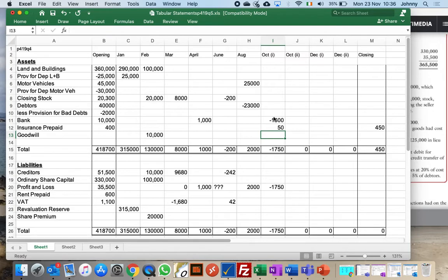A credit transfer of 560 representing 7 months rent received. Okay, so I'm going to put in we got 560 and that's for 7 months. Just quickly checking. Credit transfer 560 representing 7 months rent received. Now I don't know how much of that rent received is into next year, but I'm going to presume that if we received a bank statement and we got rent on the 1st of the 10th, that rent was for the month of the 10th, 11th and 12th, and 4 months into next year. So that means that our rent received, rent prepaid, sorry, is going to be